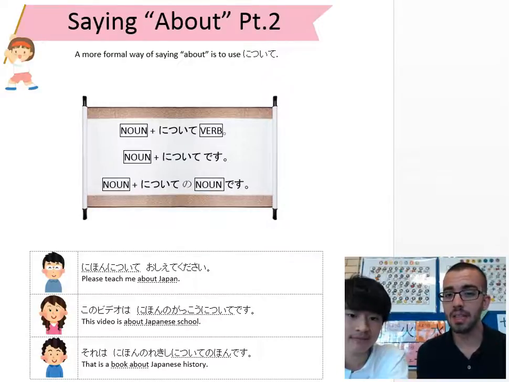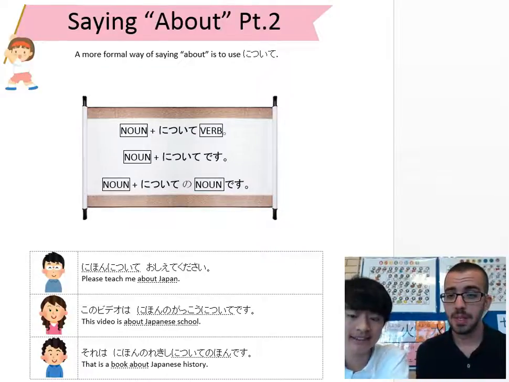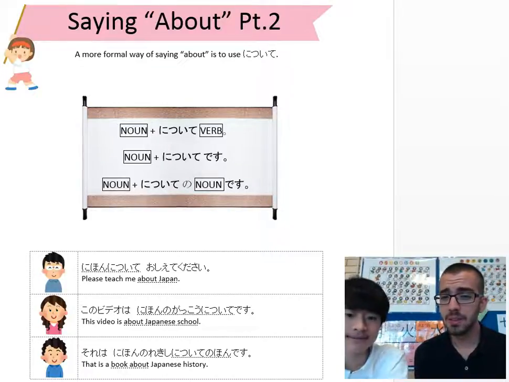Again, the noun is Japanese school. So Nihon no gakko, Nihon no gakko nitsuite, about Japanese school. And lastly, that is a book about Japanese history. それは日本の歴史についての本です。